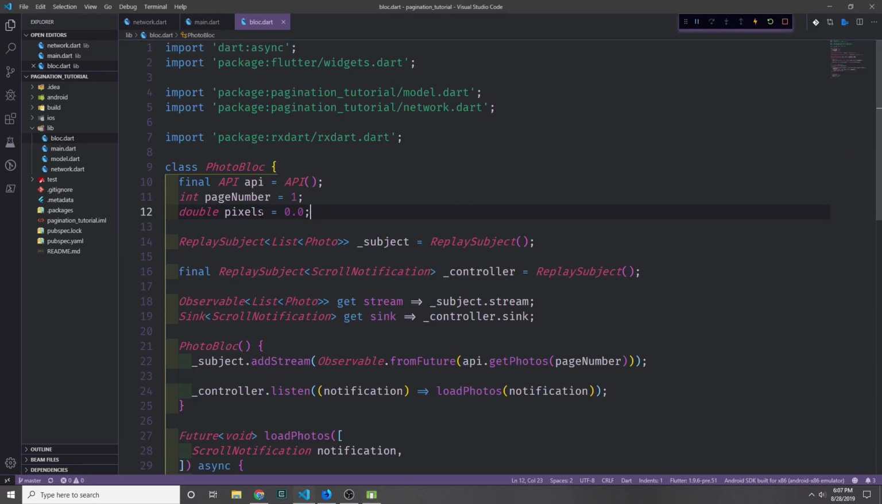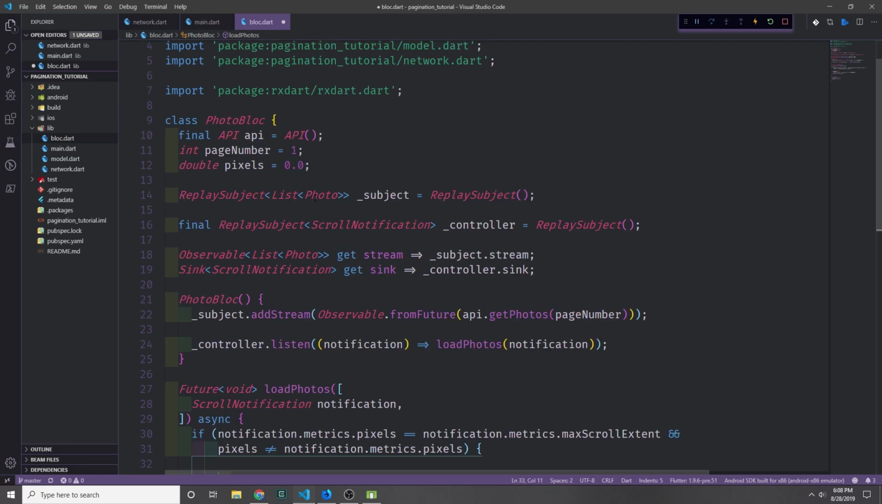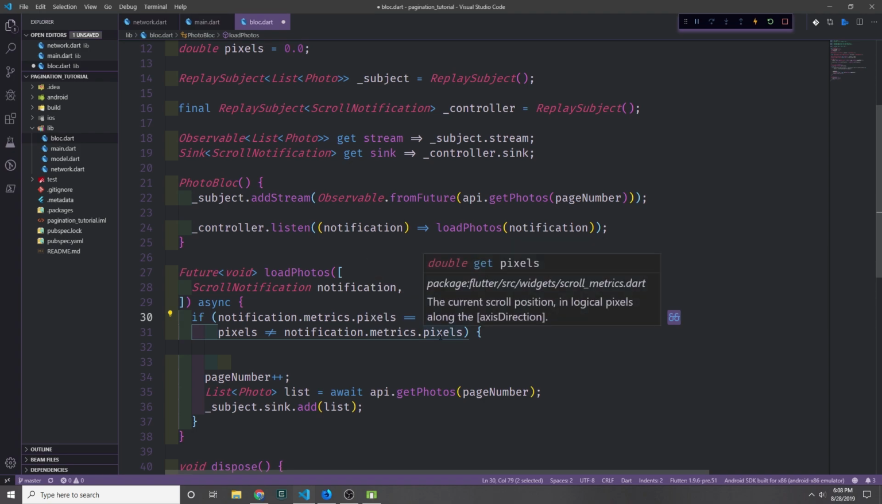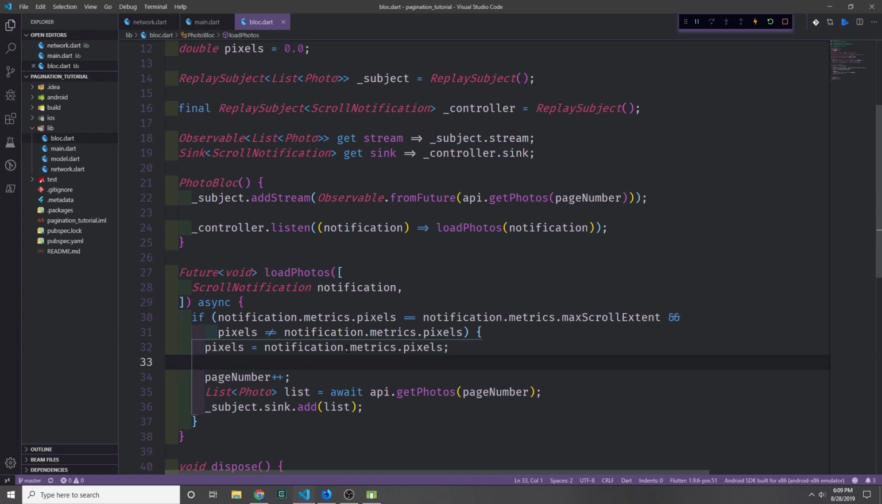I'm going to add another field here called pixels, and it will be a double, which I'll set equal to 0.0 by default. With this field, we can then come down to our load photos function and add an extra conditional to our if statement. So we're going to add this using an and, and we want to check to see if the pixels field is not equal to the notification.metrics.pixels value. And then after we call this if check, we want to take our pixels value and set it equal to